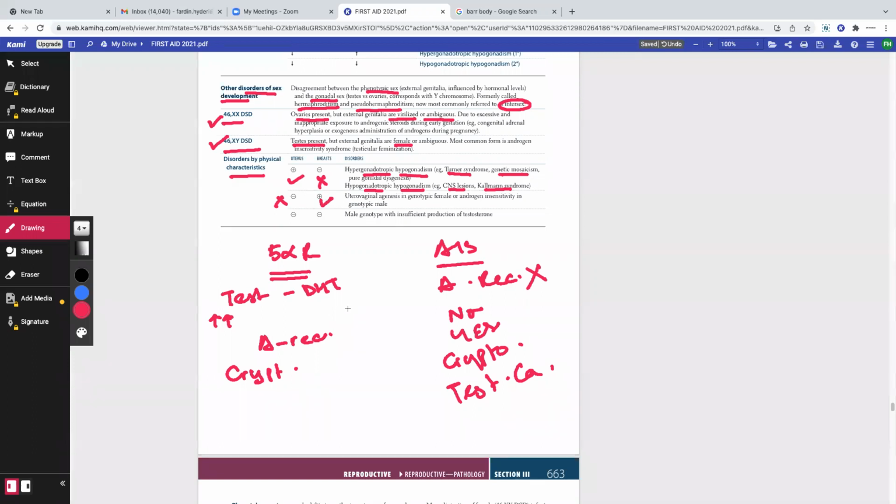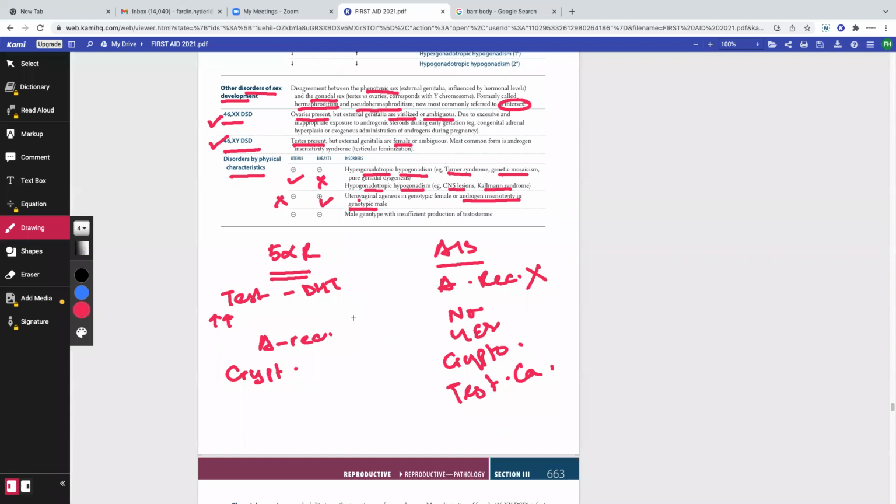Yeah, and do you guys remember I talked about that? I talked about Mullerian agenesis or Mayer-Rokitansky-Kuster-Hauser syndrome. Yes or no? Do you guys remember Mayer-Rokitansky-Kuster-Hauser? Okay, what is Mayer-Rokitansky-Kuster-Hauser syndrome? This is a disease where we have abnormal development of the paramesonephric duct. Yes or no? The paramesonephric duct is responsible for forming the uterus, proximal vagina, and the upper portion of the reproductive organ.